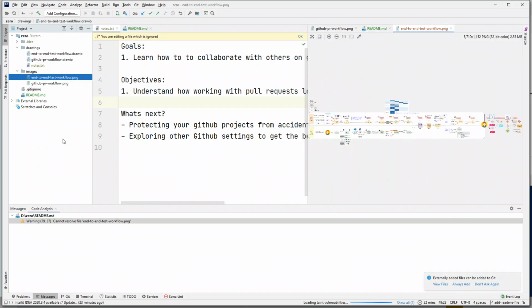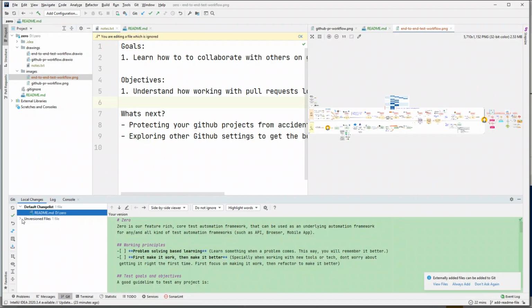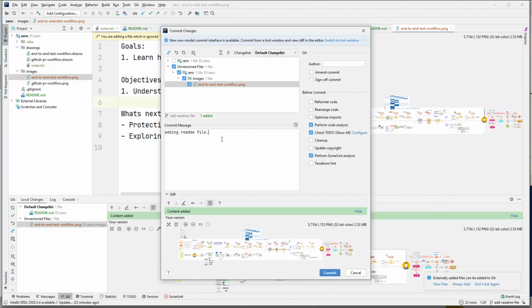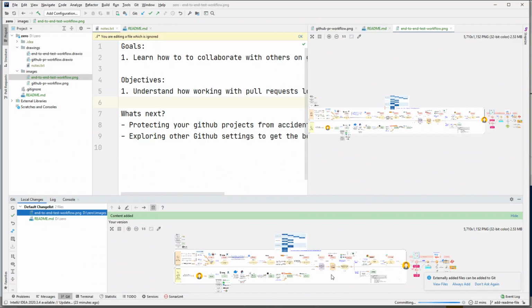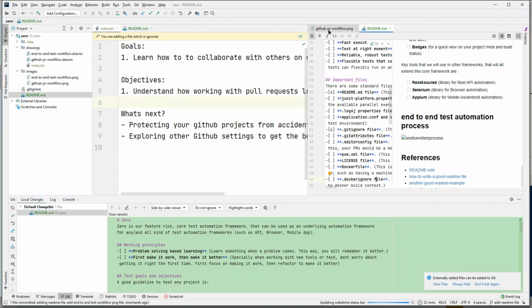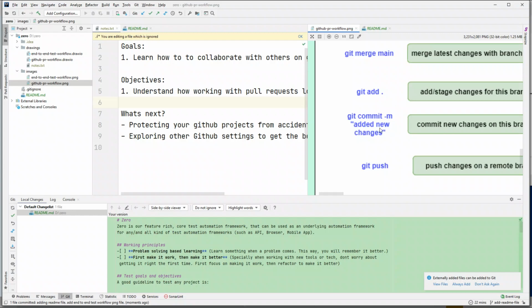Let's also commit this. Let's go to Git. Let's commit this file. Add end-to-end test workflow PNG file. Commit. And this time you get no warnings, right? If we look at the workflow, now we have committed our changes. Now if we do git push,